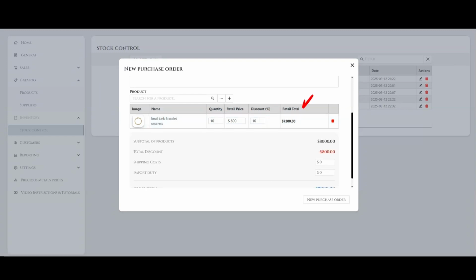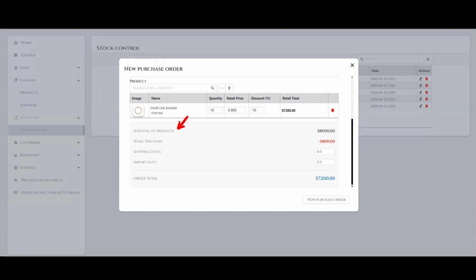The Retail Total field will automatically calculate the full price of the order, taking into account the cost of the items and discounts. The subtotal of the product will indicate the full price of the items, taking into account the sum of the unit price and quantity. The Total Discount column will automatically display the discounted amount based on the item's price, the total number of items,